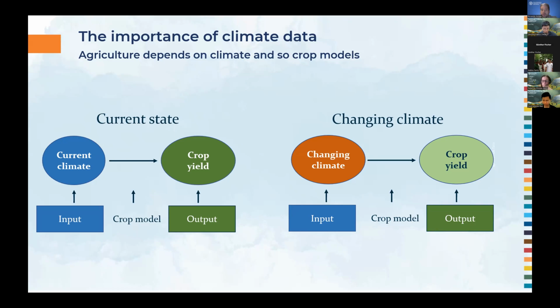Because crop productivity models simulate crop growth, which depends on climate, one of the most important things for running crop models is getting and understanding the required climate information. And as Kitipong said in his presentation, one of the applications is understanding how climate change affects crop yield or crop evapotranspiration or any other crop physiological processes.